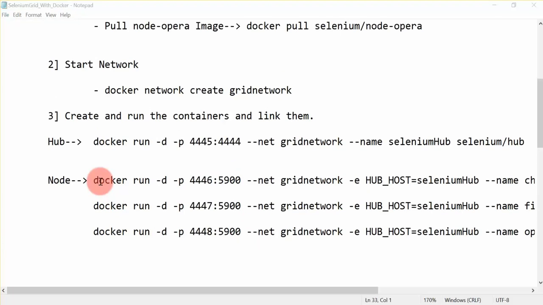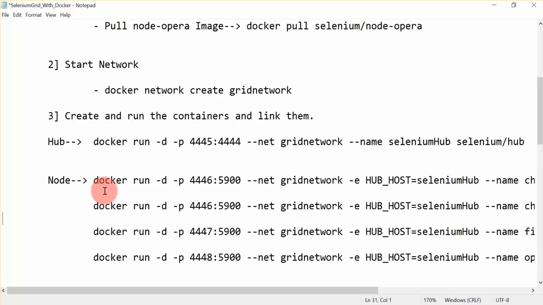And one more thing I want to show you: if you don't want to provide a user-defined port to expose, you can ask Docker to expose any available port. So you just have to make a small change in our command. Let's create another Chrome node with that command. Instead of this, we will just have to